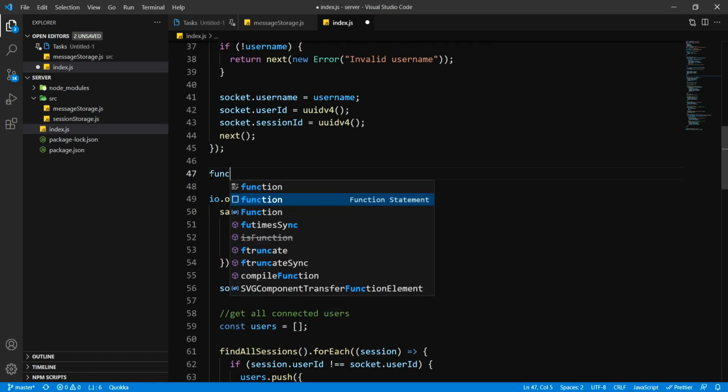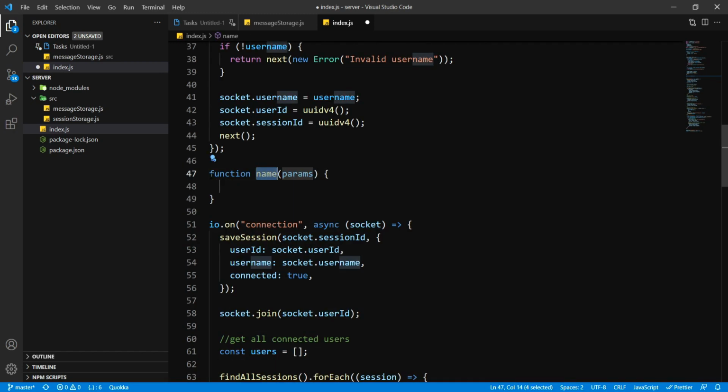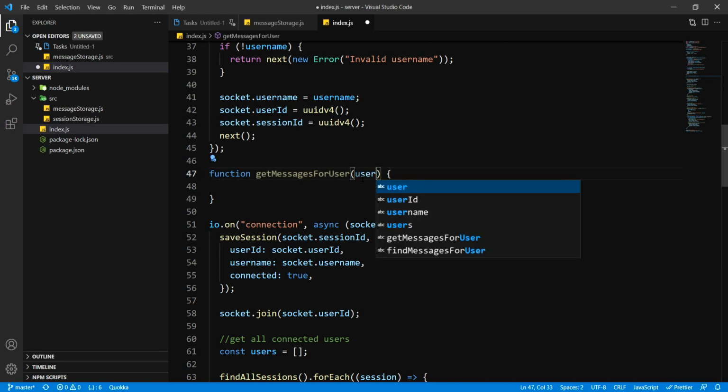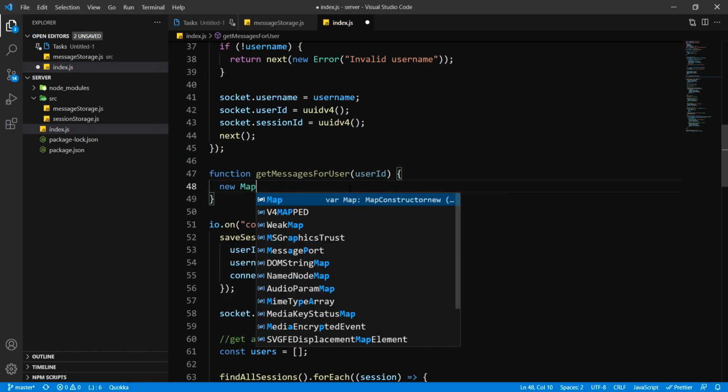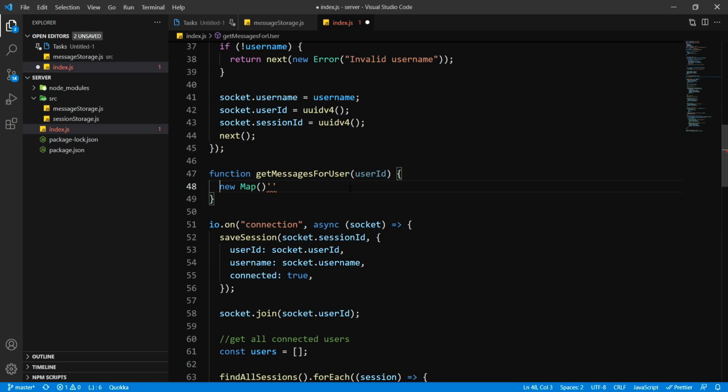I'm going to type function, and I'm going to name this get messages for user. Here I'm going to pass in user ID, and I'm going to declare a new map first. This is going to be stored inside messages for user equals new map,